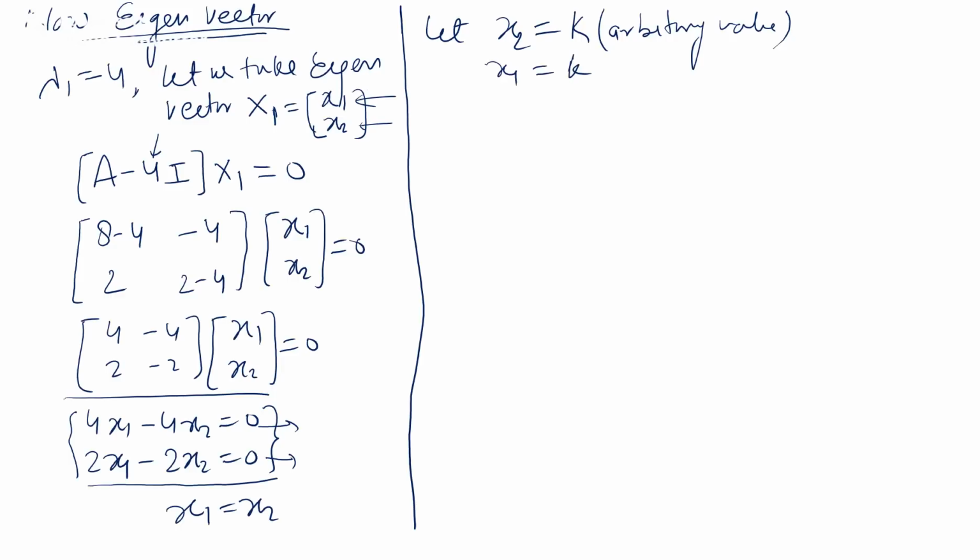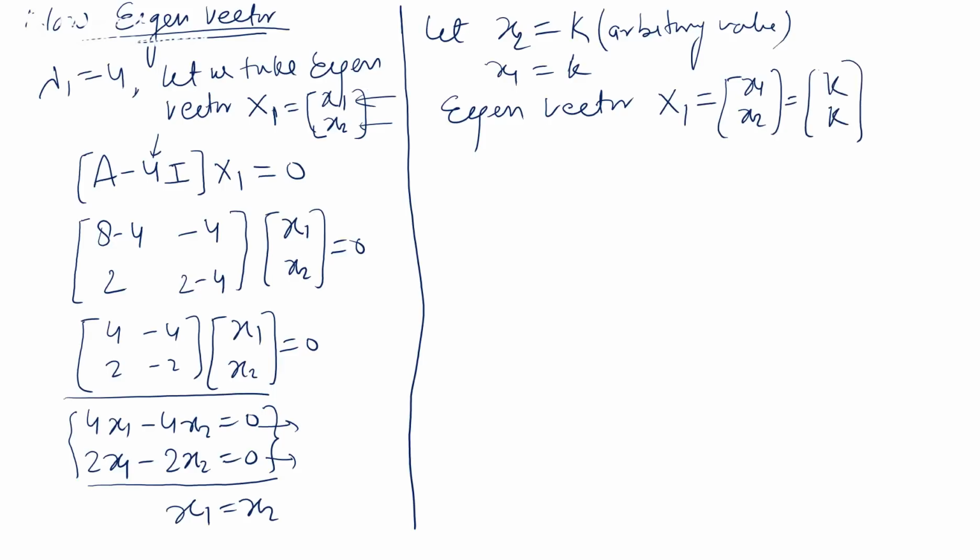So the eigenvector, capital X1, that is small x1 and x2, we write k, k. If we take any arbitrary value for k, suppose it would be 1, we get 1 1. So this is an eigenvector